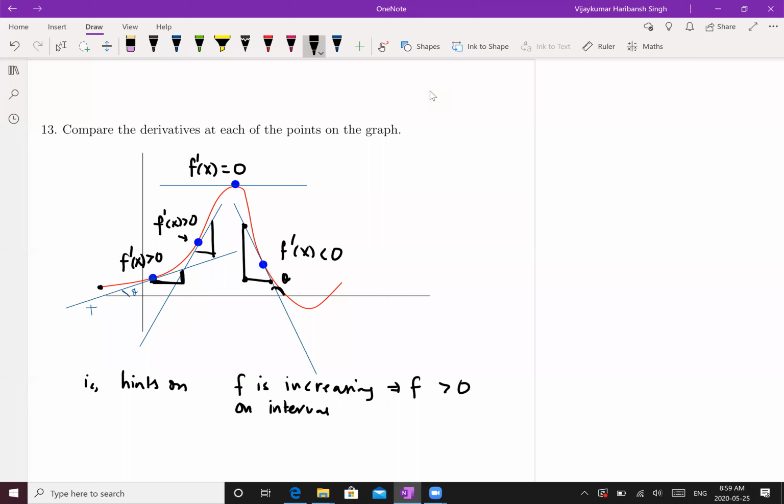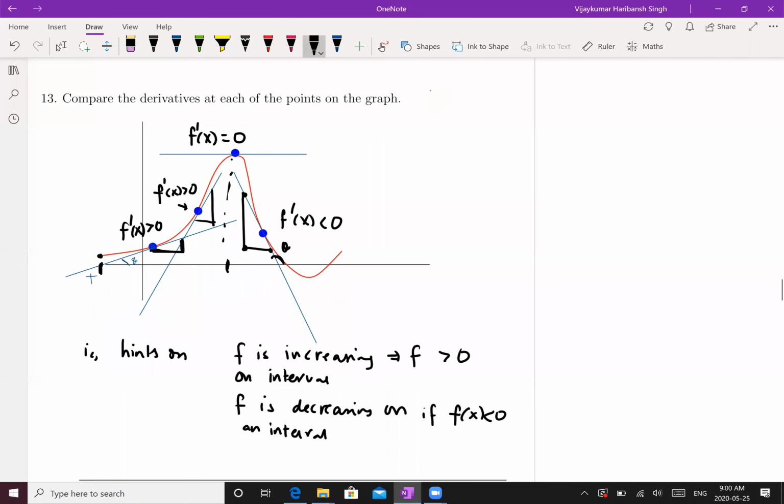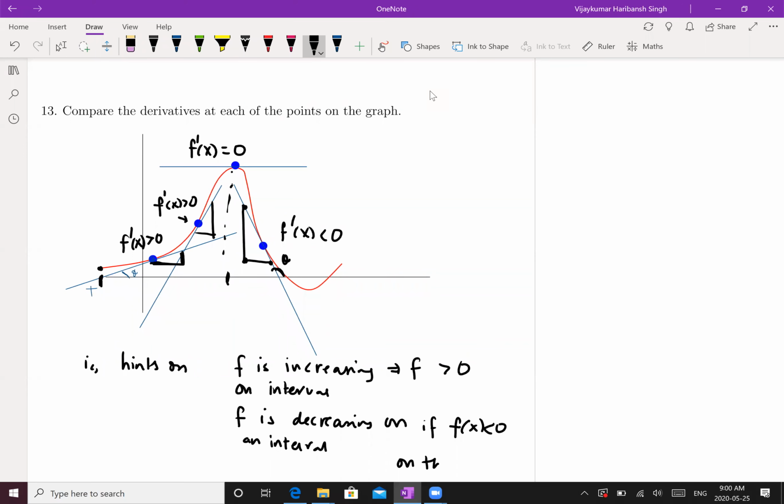Your function is increasing from this interval to this interval, and you can see that at all these points the derivatives are positive. And f is decreasing on an interval if f prime x is less than 0 on that interval, right? So